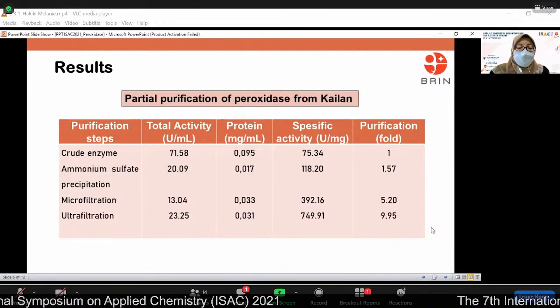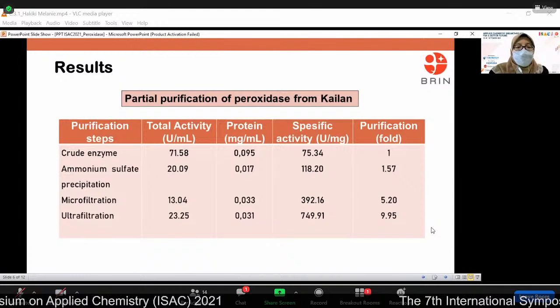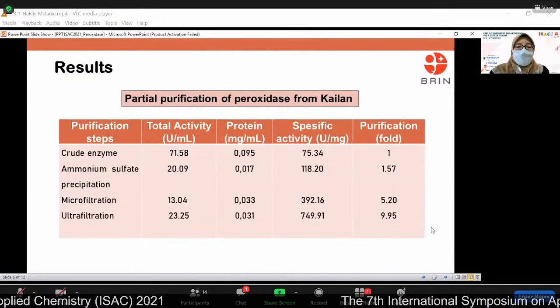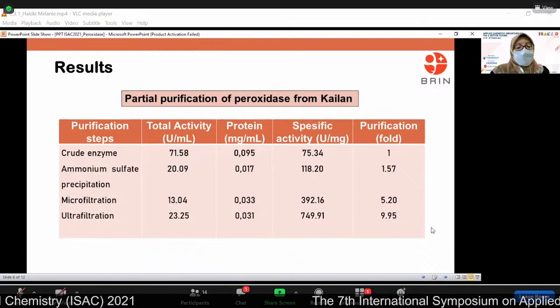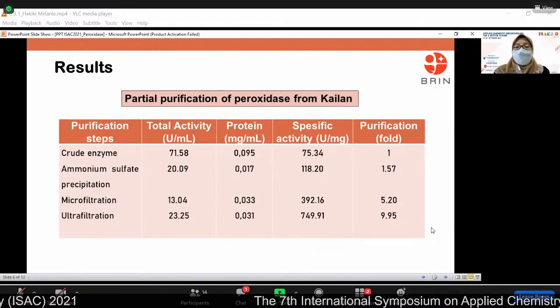It can be seen that peroxidase activity from microfiltration and ultrafiltration is practically better than that obtained from the ammonium sulfate precipitation, especially in specific activity and purification. Peroxidase purified by MF and UF achieved nearly 5 and 10-fold compared to the crude enzyme and ammonium sulfate